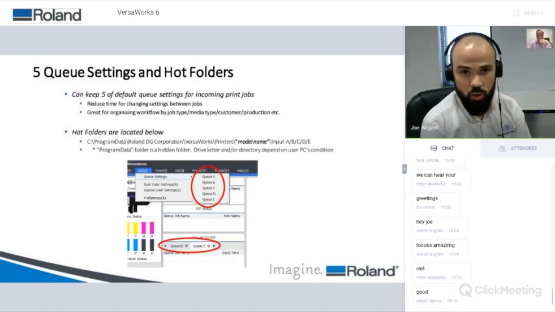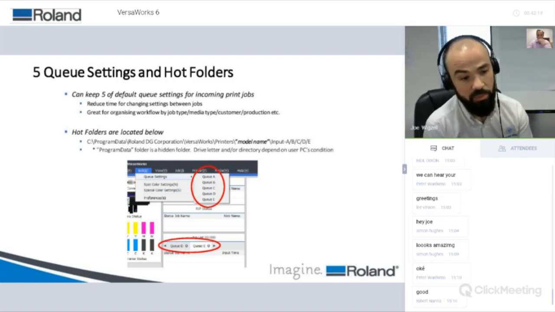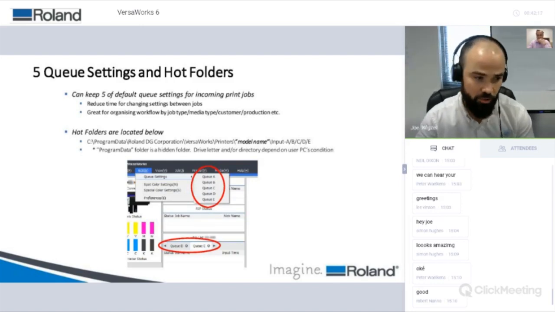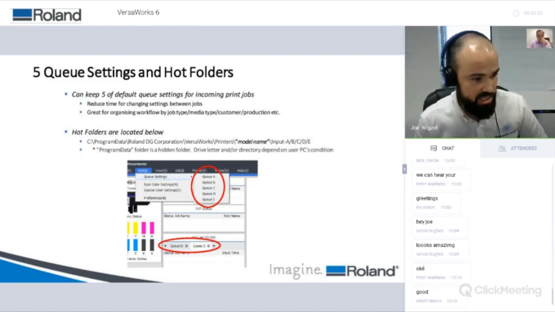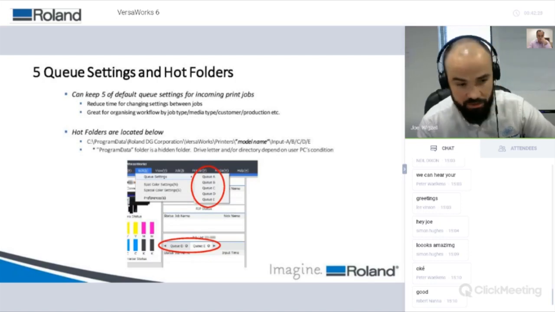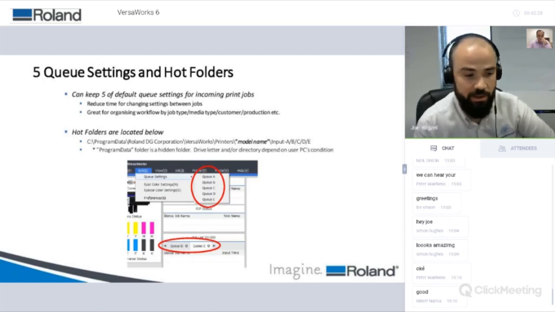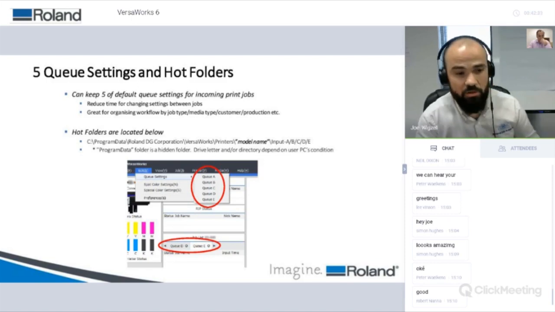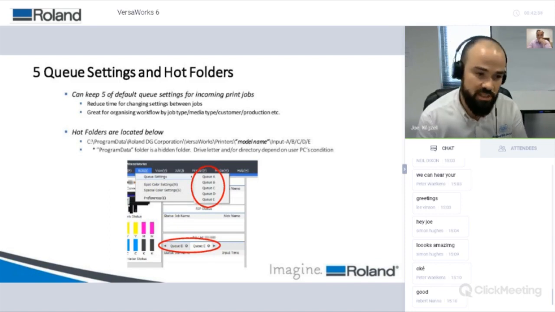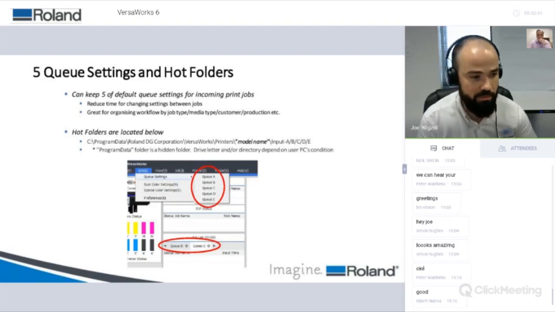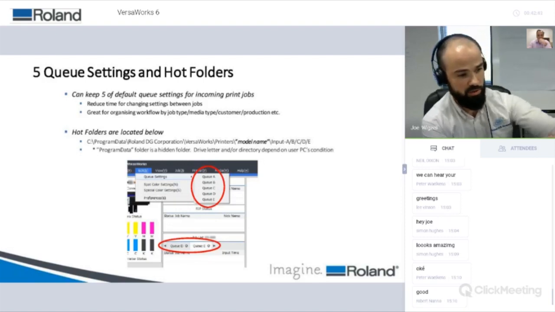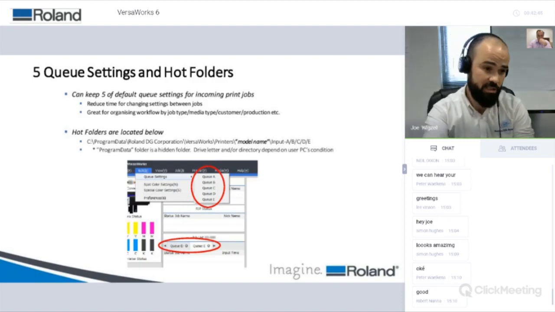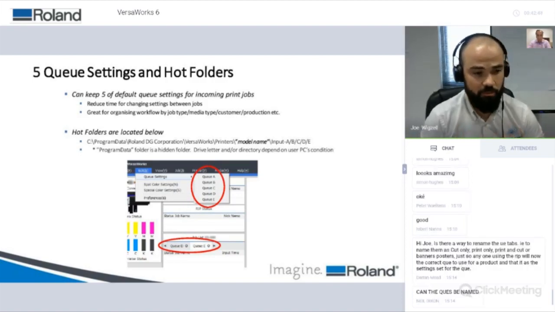If you remember, throughout VersaWorks we've always had two queues, queue A and queue B. We now have 5 queues introduced in VersaWorks 6: A, B, C, D, and E, and each of those queues also has a hot folder attached to it. We'll go through that a little more when we open up the software, but basically this is going to reduce your processing time when changing between different types of jobs, materials, or customers, whatever that might mean. When you're organizing your jobs, this will really help because you've got those additional queues, and you can set up